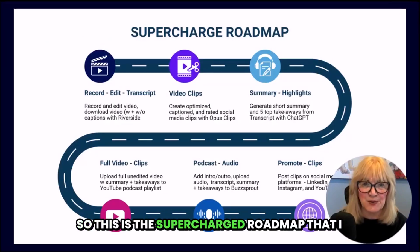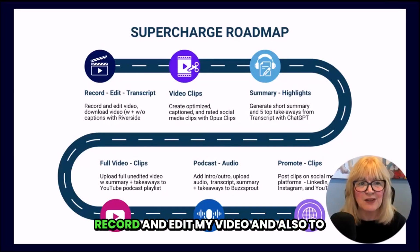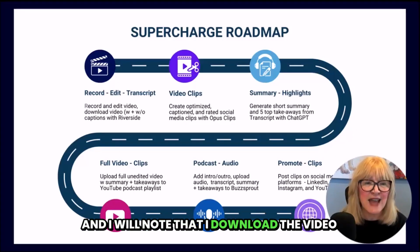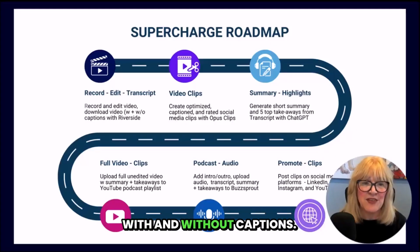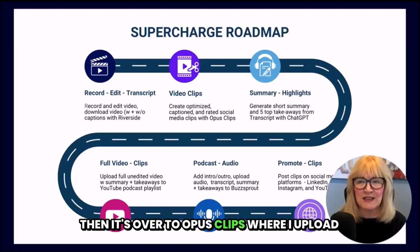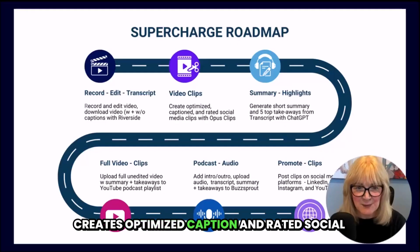So this is the Supercharged roadmap that I use. The first step is to go to Riverside, record and edit my video, and also to download a transcript. And I will note that I download the video with and without captions, and I'll tell you why later. Then it's over to Opus Clips, where I upload the video without captions, and the platform creates optimized, captioned, and